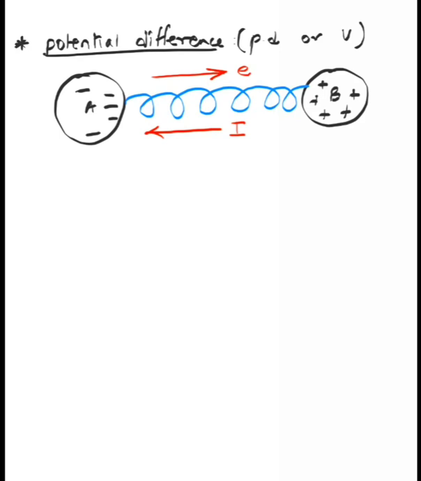Okay, guys, now look at this. Electrons were going from A to B and the current will go from B to A. So they say that B is at a higher potential. Higher potential basically means that end is positive. This is called a lower potential. Lower potential means this end is negative.